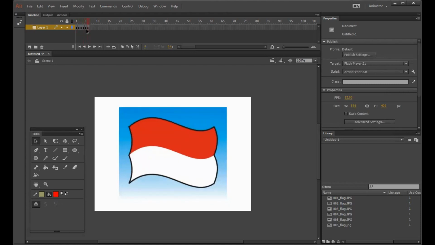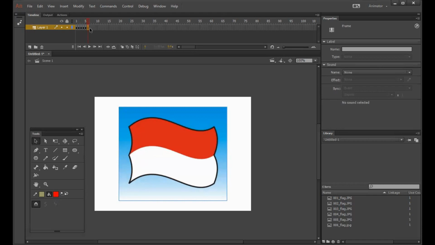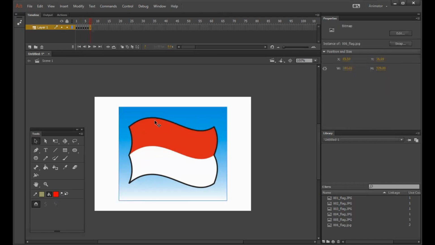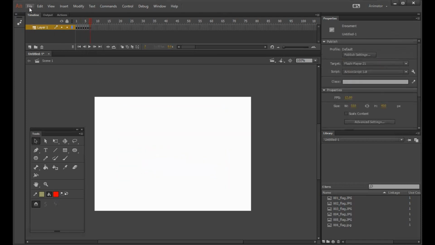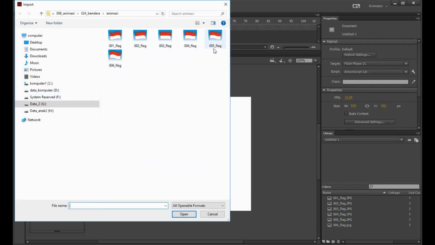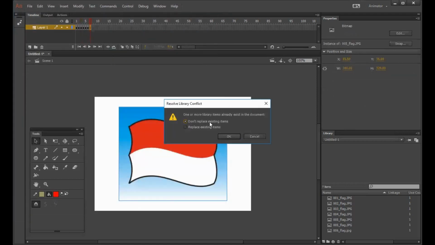Okay, let's try. I will copy first, function 6. After that, you can import again number 5, don't replace.